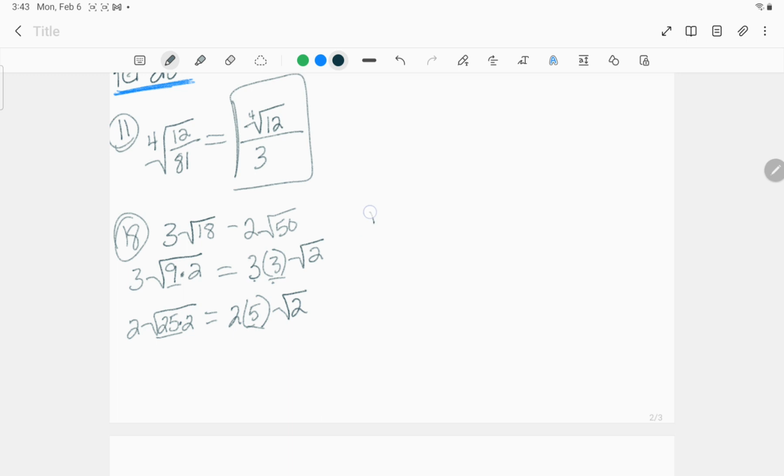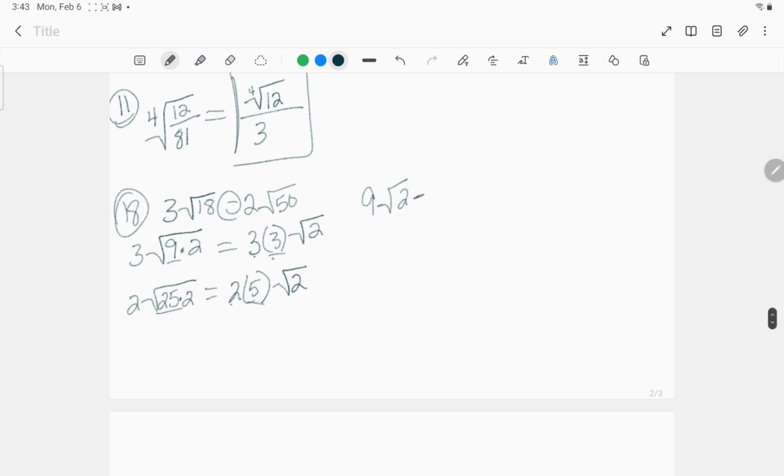So 3 times 3 is 9 times the square root of 2 minus 2 times 5 is 10 times the square root of 2. Now I have the same radical. I have the same index. So I can add these together. So 9 minus 10